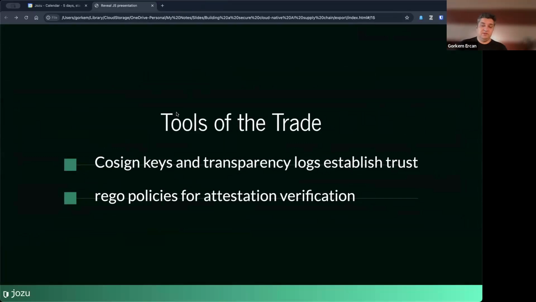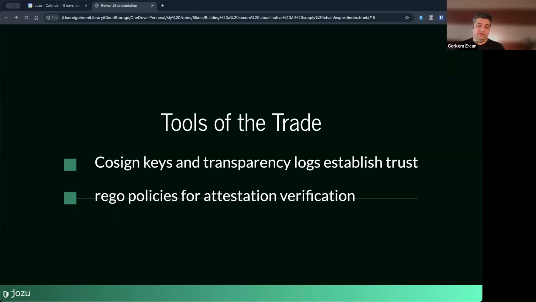So what kind of tools are you able to use? Once you have ModelKits, as I said, you can use the Cosign keys and transparency logs. The one thing that Cosign does is it actually uses Sigstore's Rekor to also record transparency logs. So that gives you two immutable places where your attestations are recorded.